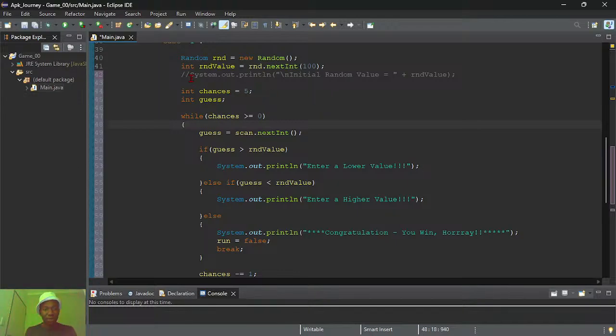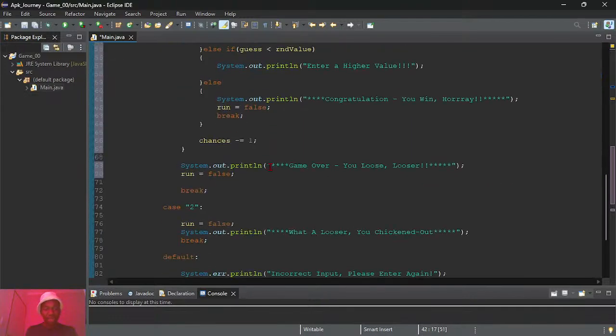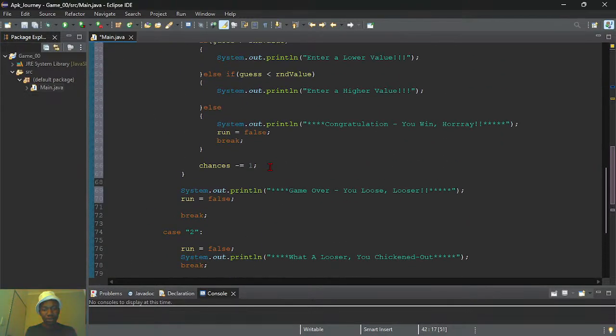So actually I want to do this. I want to display the random value at the end when the game is over, let it not be initial anymore. Just so I know how bad I was. Where should I put it?